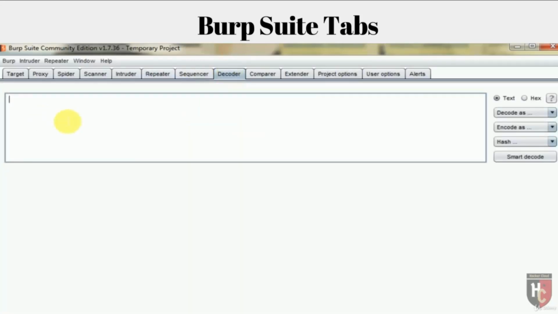There is one more tab called decoder which we can use to do some crypto stuff, like you have one string and you want to convert it. Let's say you found one string that might be a session ID but it is encrypted.